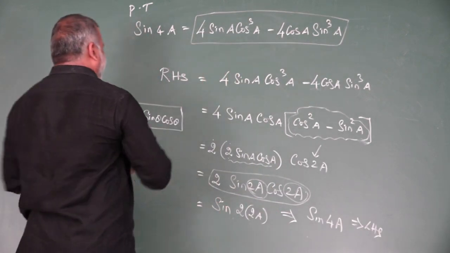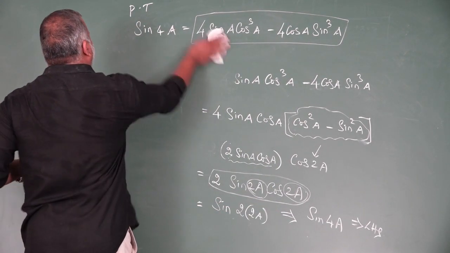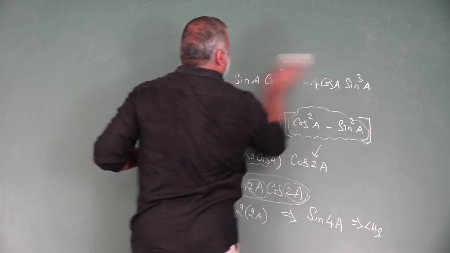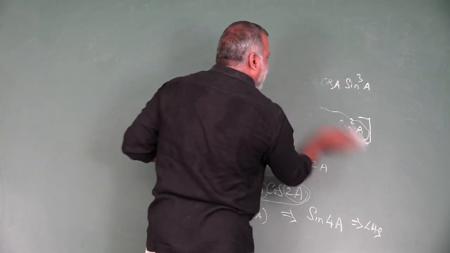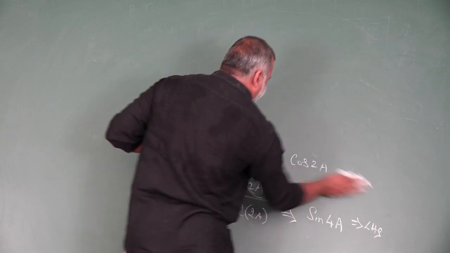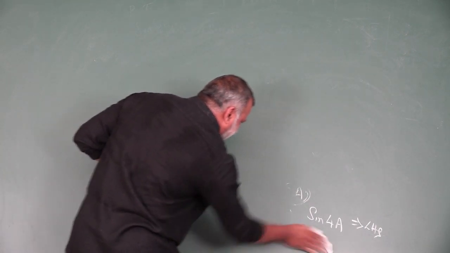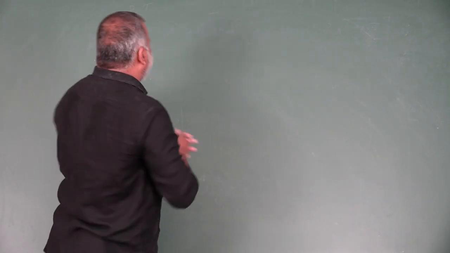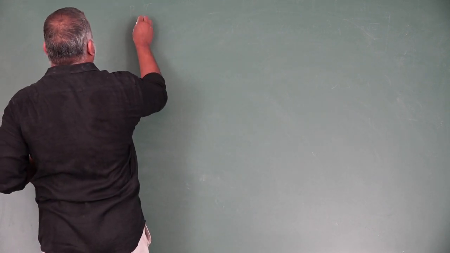In the same way, we are going to work out one more problem based on the same logic. That means only multiple angle identities or addition and subtraction identities, or compound angle identities. These are the logic we use entirely in this chapter. In this chapter we are using many ideas. Once again, simplify.